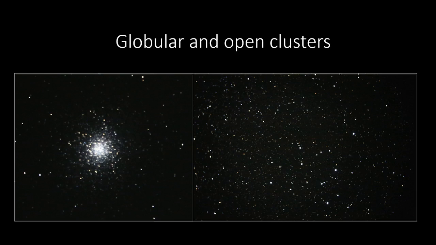So globulars and open clusters. Obviously globulars are these globules, clumps of stars, and open clusters are collections of stars which are associated with each other but in a more open pattern. And I found this nice